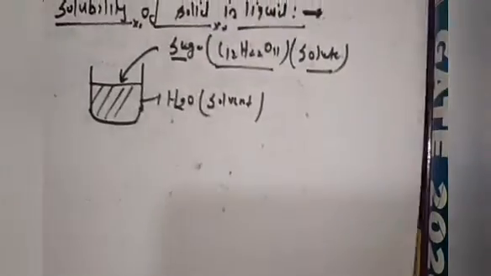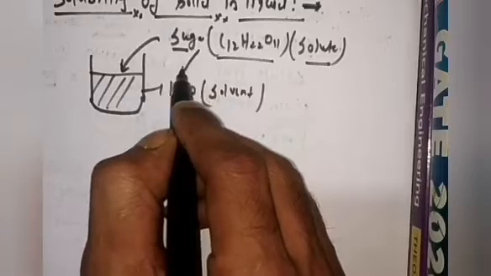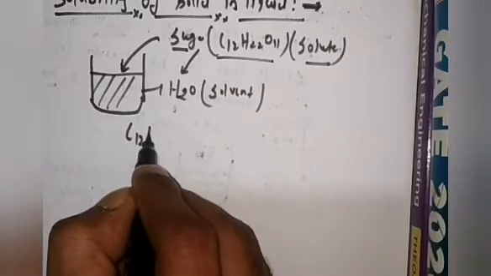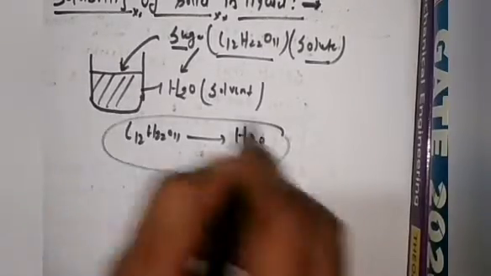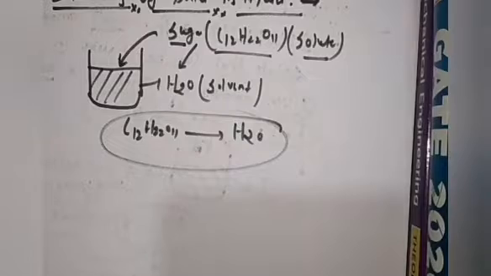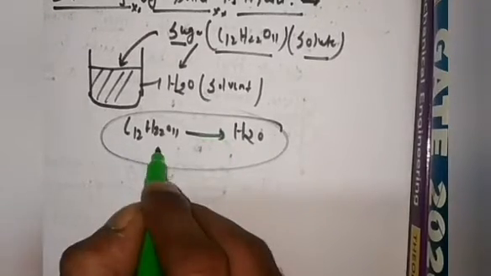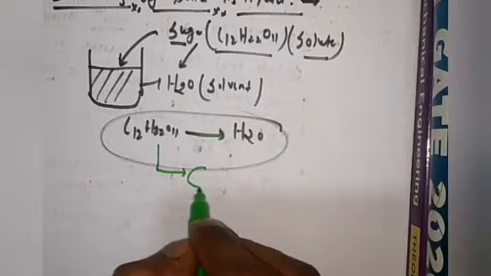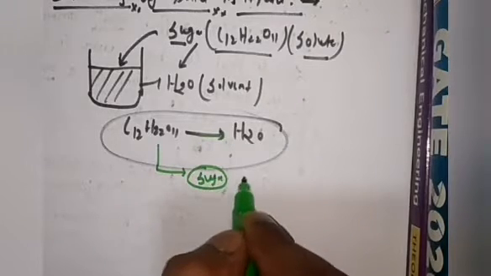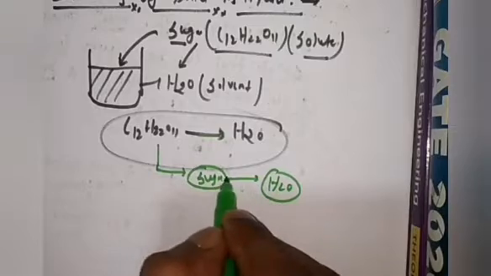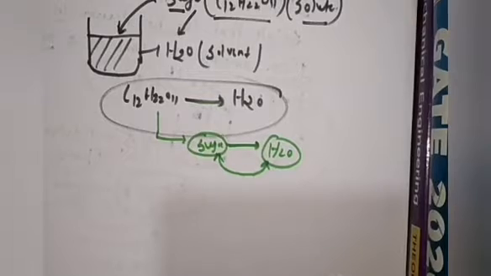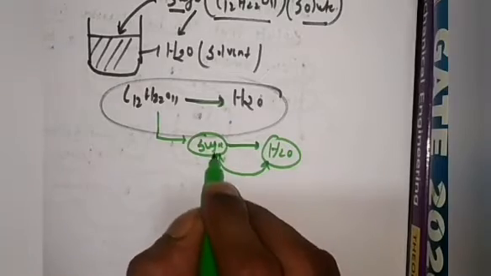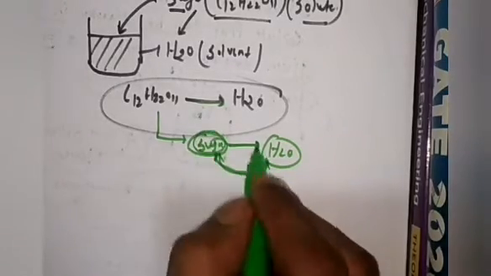Okay, why? Just understand one thing. If you are going to add sugar into water, what used to happen? C12H22O11 forms a hydrogen bond with water molecules. Okay, they are going to form the hydrogen bond with water molecules. And just understand one thing, hydrogen bond is an intermolecular force of attraction. It is a sugar molecule and it is a water molecule. Because of the presence of hydrogen bonds, they both get bonded in the solution. After making a solution, they both get bonded with each other, and that's why sugar gets solubilized into the water.